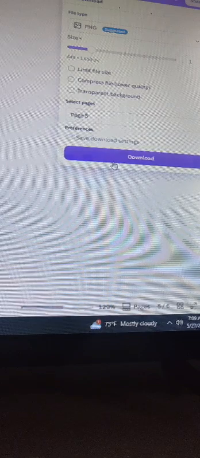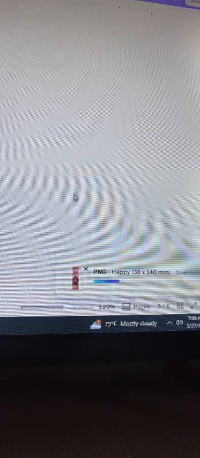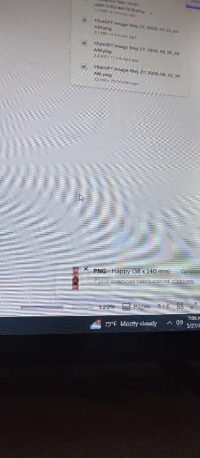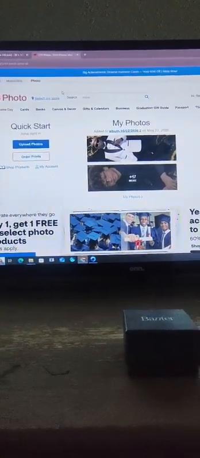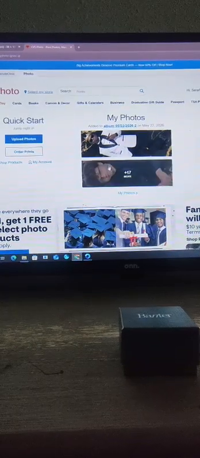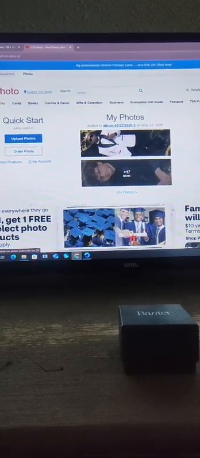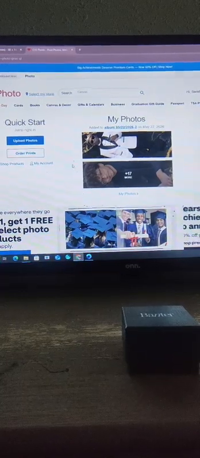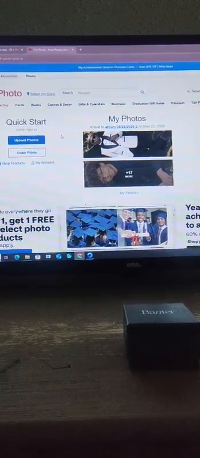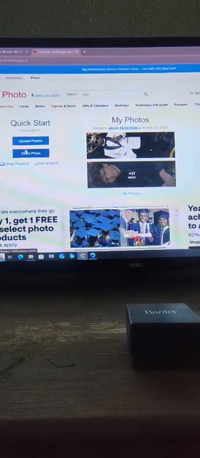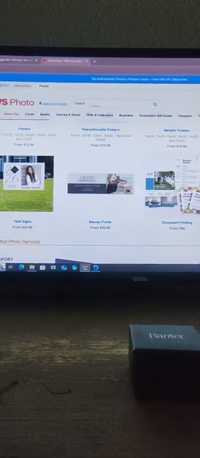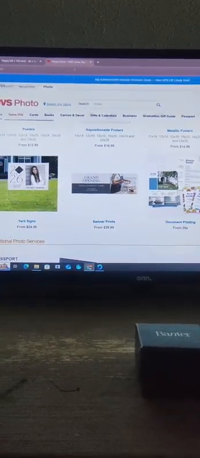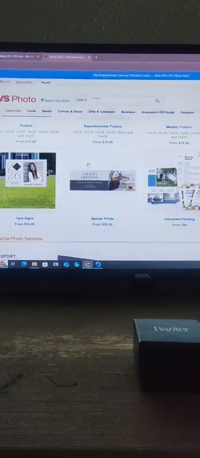Done. Download. And then we're going to move on to CVS. What you're going to want to do is go to the photo section of CVS, and as you can see, the last project, which was this birthday party theme I worked on, is still in the queue. So what you want to do is make it a banner. You're going to go to the banner tab,